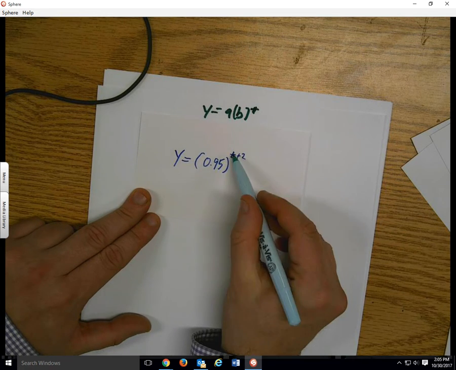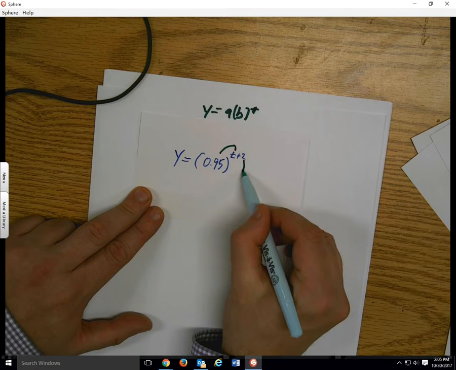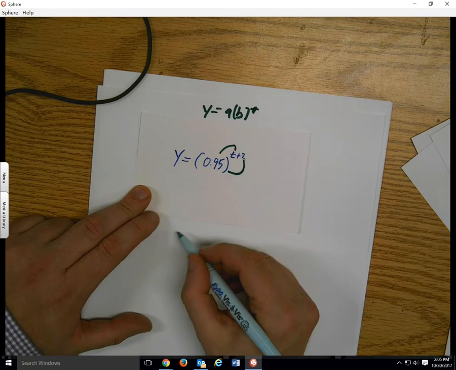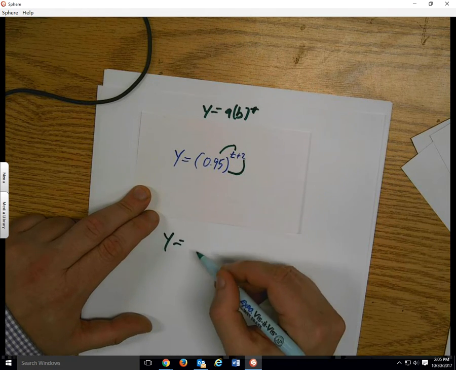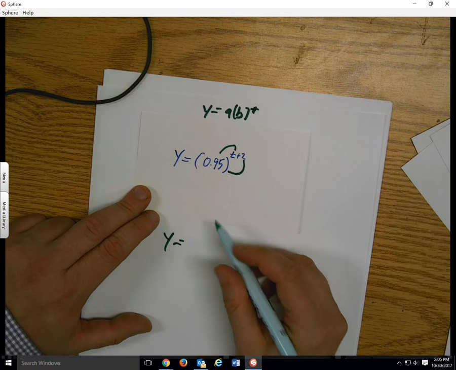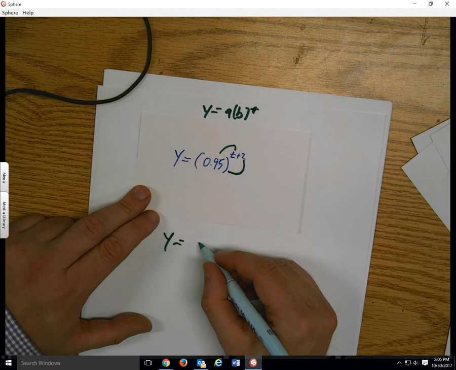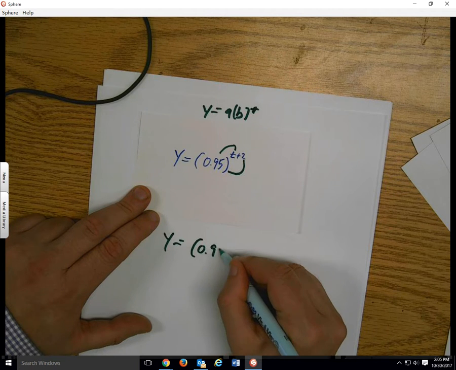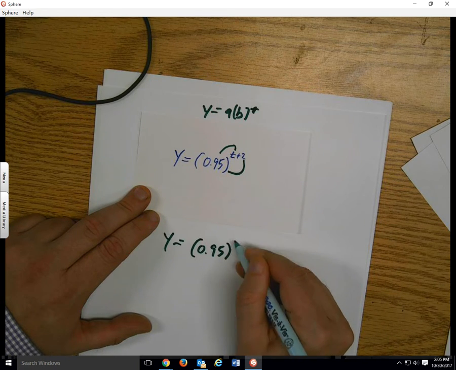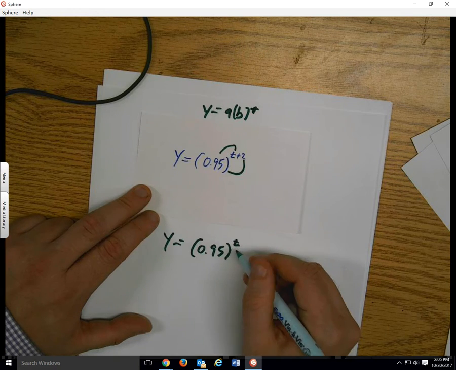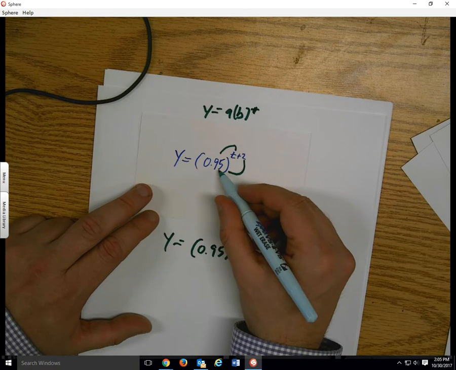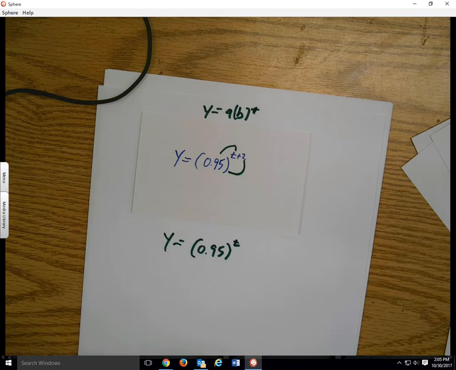I'm sorry, the t's going to go to the 1 and the 2 is going to go also to the 0.9. We have y equals, so t times 0.9, well there's no reason we couldn't just leave that. But now we have this 2 also going to it, so 0.95 times itself,